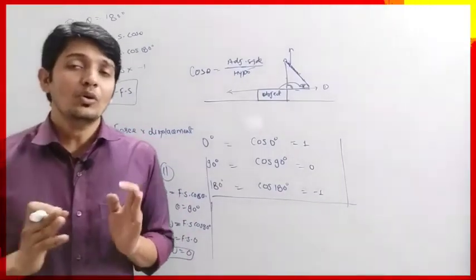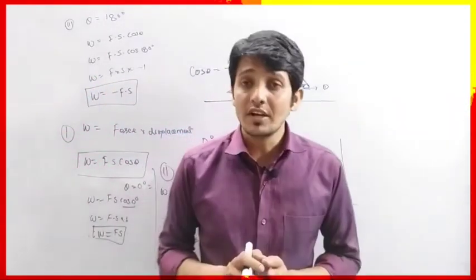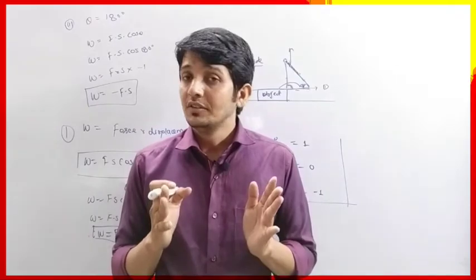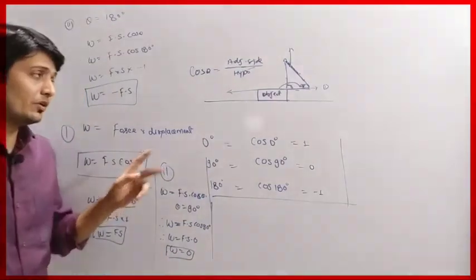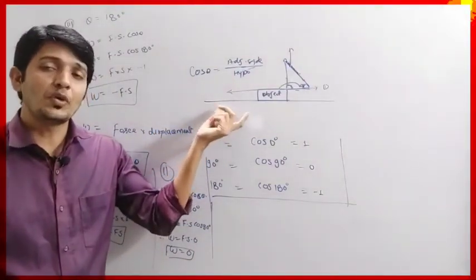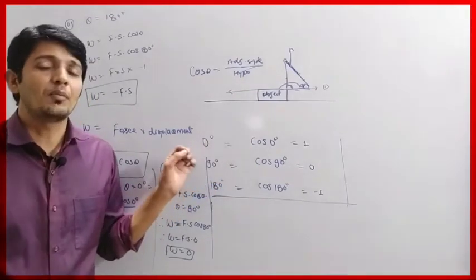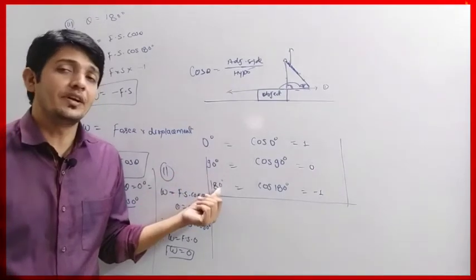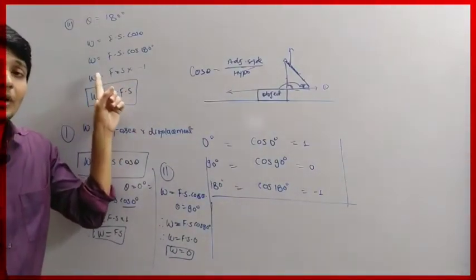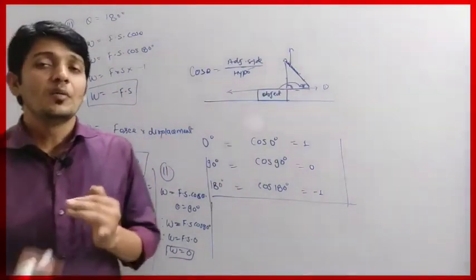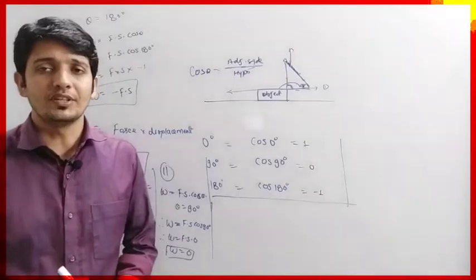Okay, so this is the way we have to understand the types of work: positive work done, negative work done, or zero work done, meaning no work is done. Okay, so write down these three different conditions. You have to write this diagram first so that you can understand all this concept easily. See, here we have three different conditions. We are applying force at 0 degrees, 90 degrees and 180 degrees. According to it, there are three values that we have to keep in our work done formula. So accordingly we are getting positive work done, negative work done and zero work done. Okay, so write down first, then we will move further.